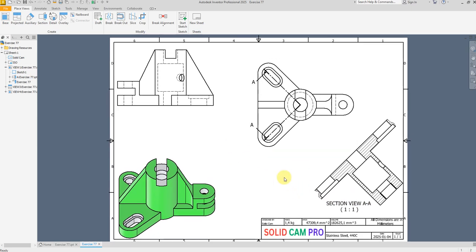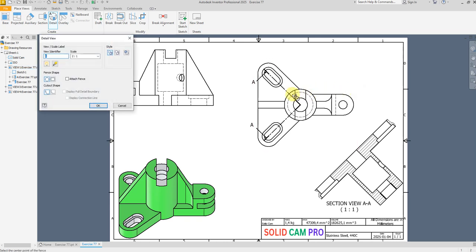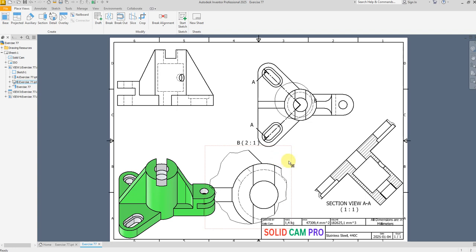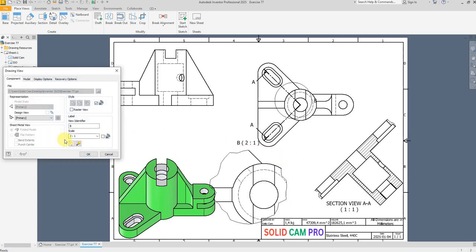Now let me create a detail. From here select detail and click this view and select the place you want to create a view. For now I'm going to select this one here. So just click here and drag out like this. Click, move the mouse downward like this. From here select this view and double click, change the scale from here, like 1 to 1. Okay,